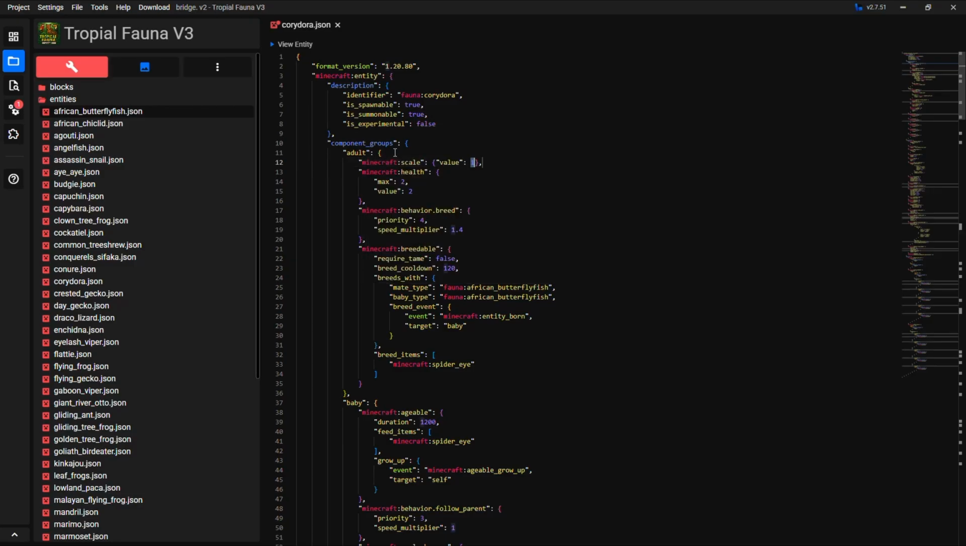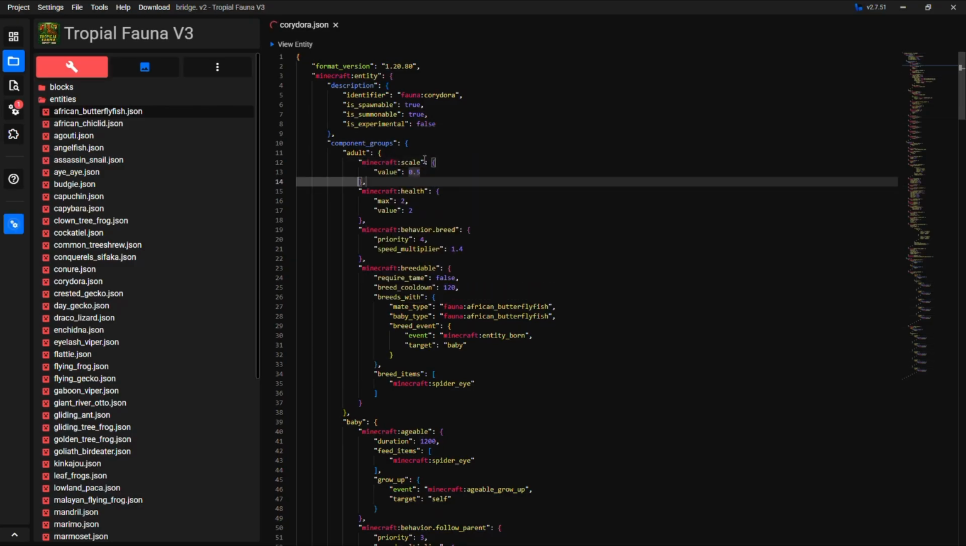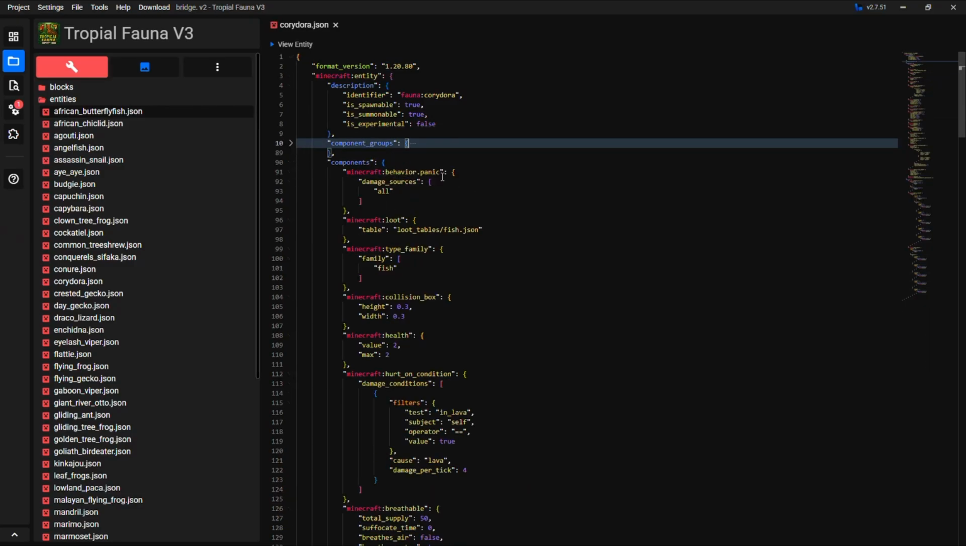You want a type family, and that would be family. And then in the brackets you want to do fish. So this is not necessary, but you can make it target fish or any entity with the family, which is good. Collision box,